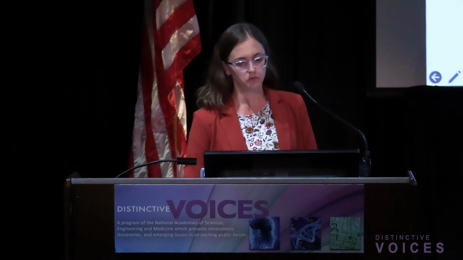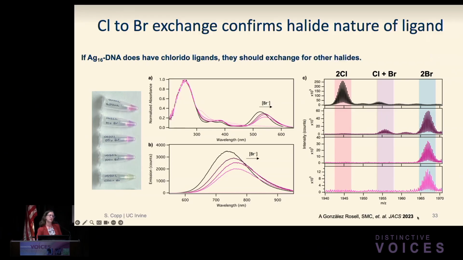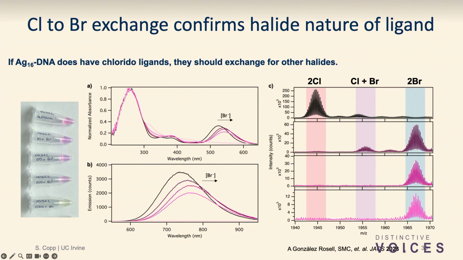So I'll just share 2 of those with you. First, she said, okay, if this is chlorine, then we should be able to go straight down the periodic table and exchange chlorine for bromine because they both have the same number of valence electrons. And so in fact, she could show that that was true. She could show that she could exchange chlorine for bromine, and she would also shift the optical properties of the